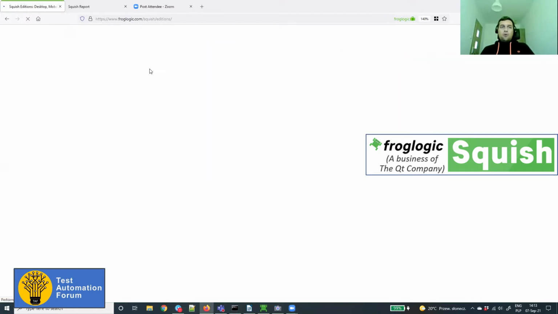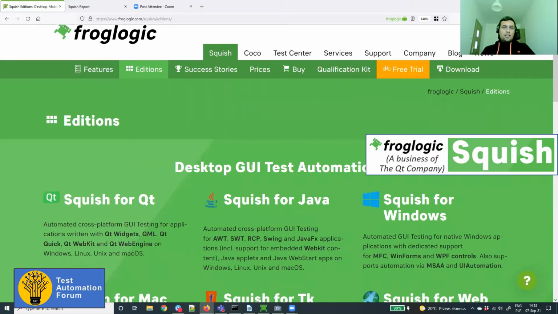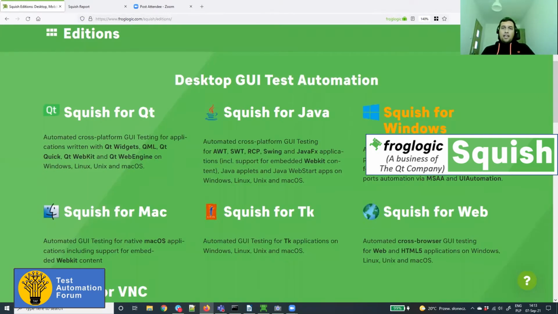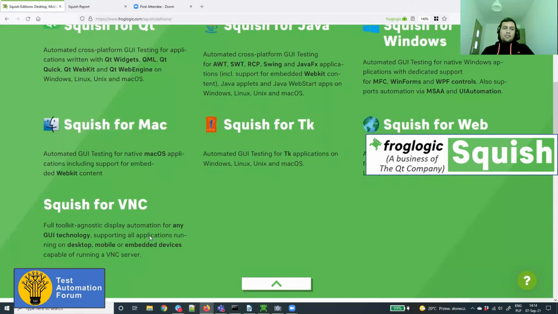So you already spoke about different editions, but if you look at them, we can see in how many scenarios Squish can be used to automate GUI tests. For desktop, we can use Squish to test a Qt application of Qt widgets, QML. You can test Java applications, Windows native applications, native Mac applications, web applications,